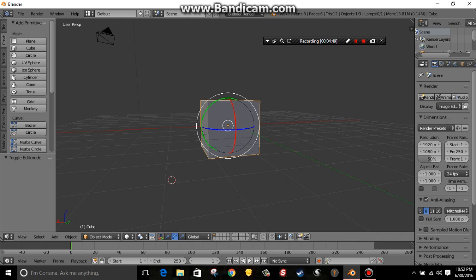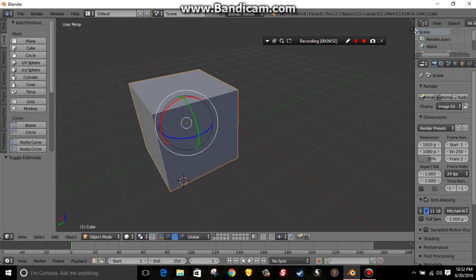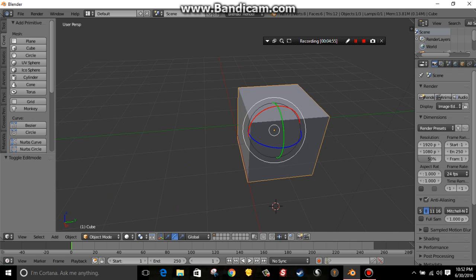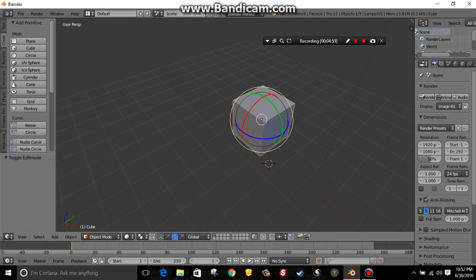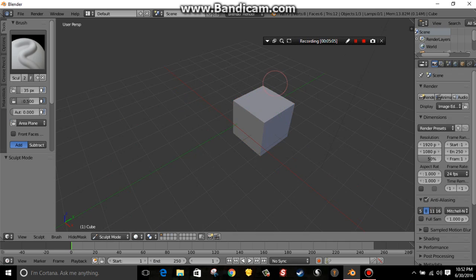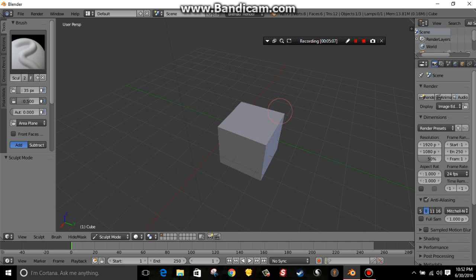Object mode is just basic. Edit mode is just so you can edit the vertices. You can edit the vertices, the edges, the faces, and you can scale it, stuff like that. It's pretty basic. And then there's sculpt mode, which you can use to like